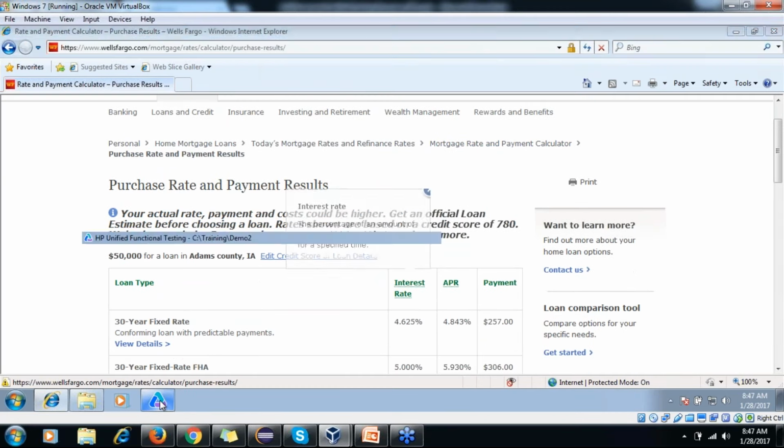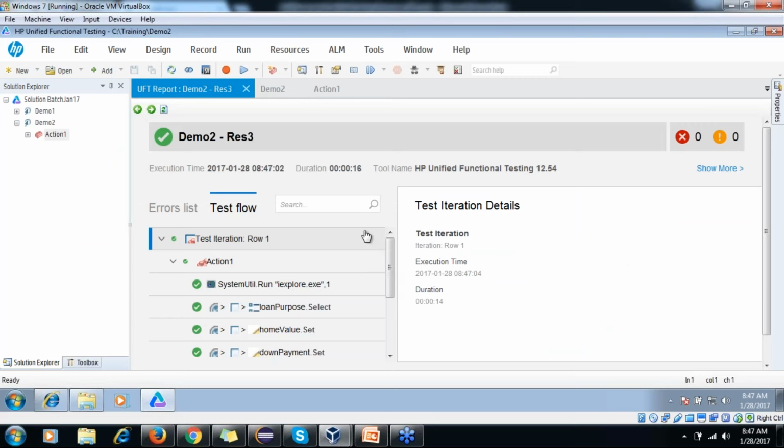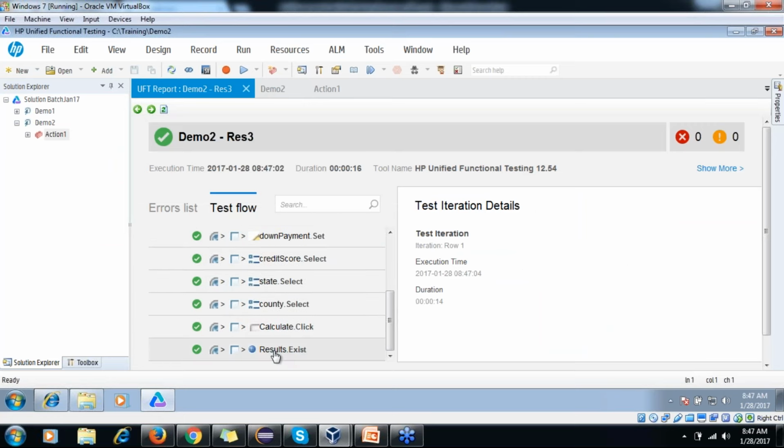Okay, but I did one thing, team, and see, it says results exist. But where is the print thing?